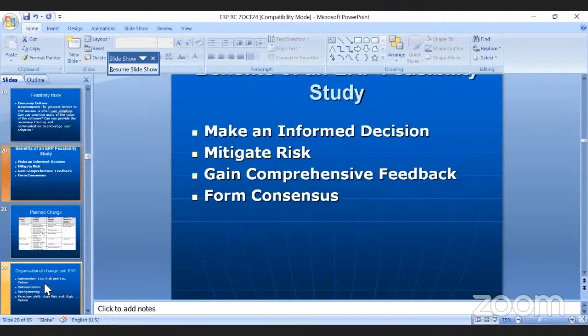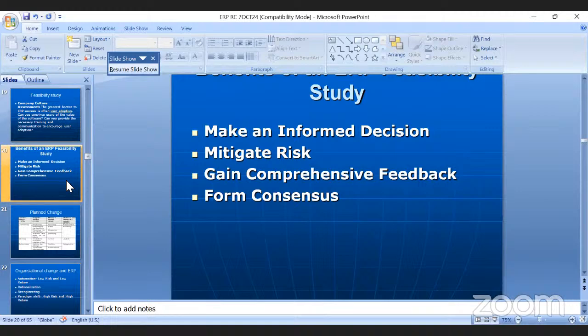So next is this. What are the benefits of a feasibility study? It is to make an informed decision. Why we conduct a feasibility study is that now we know we are technically feasible, economically feasible, resource feasible, and the culture is feasible. So our organization is feasible for the change, and it is an informed decision to plan the change. We'll change for the betterment. That is what is happening. And mitigate risk. Mitigating risk, you cannot avoid risk. You can only minimize it, yeah.